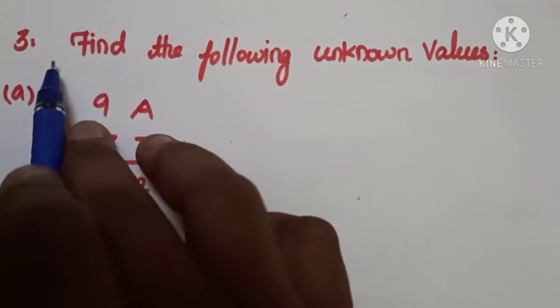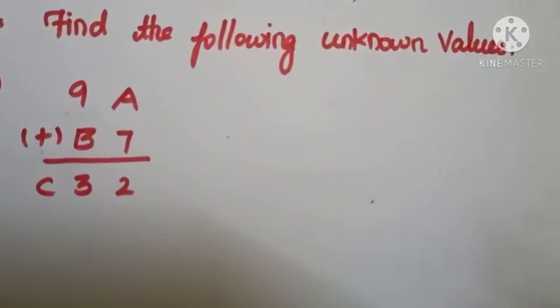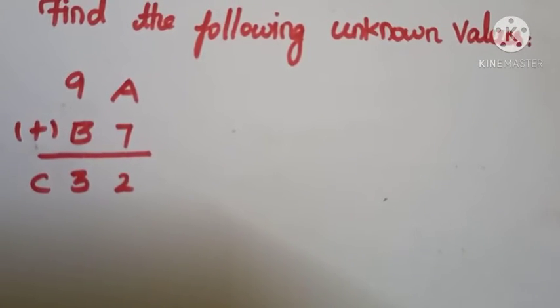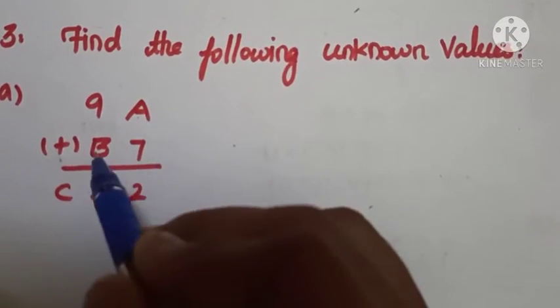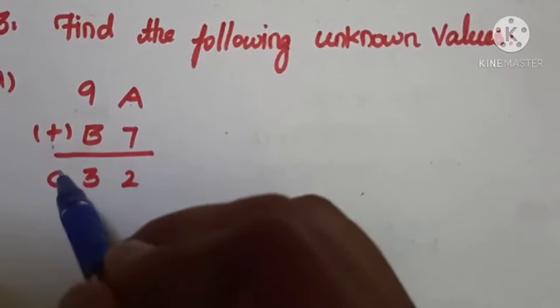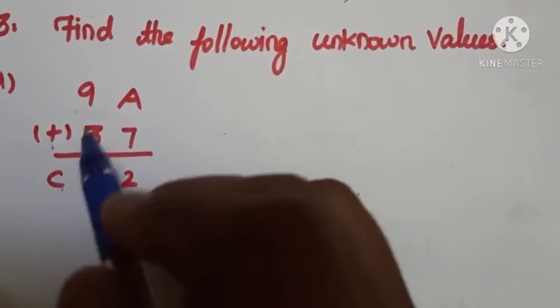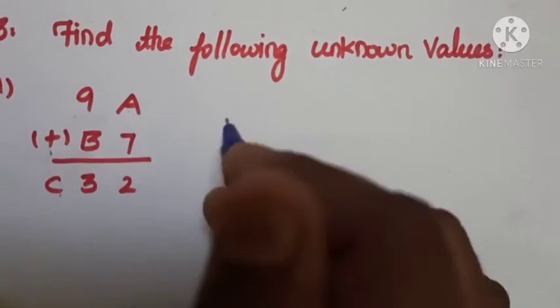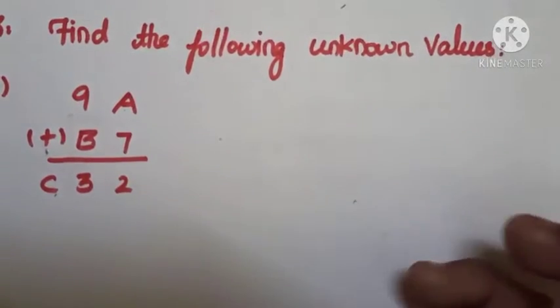So now third main first question, you need to solve this one by one. We need to find out the alphanumerals A, B, C. Here 3 letters are there, A, B, C. So these letters we call alphanumerals. By addition you want to find out what is A and what is B and what is C